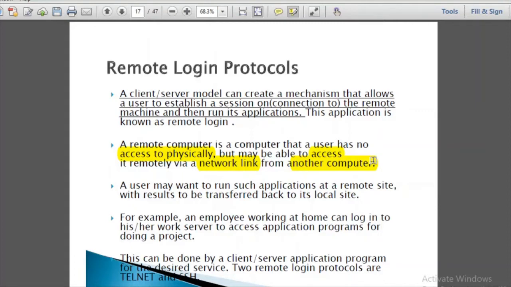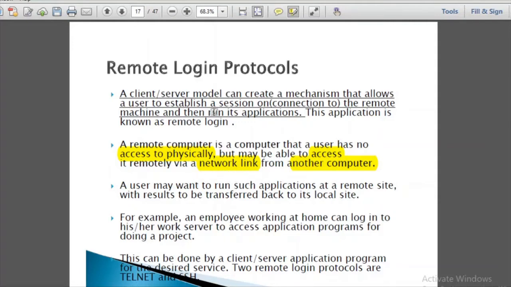So I can create a connection from my computer in Delhi to the computer there in Mumbai, provided that the computer in Mumbai should be on and should be on the network. So I can directly access that computer from sitting here. That is called remote computer access, where you can access another computer which is in a different geographical position or place, using a network link.